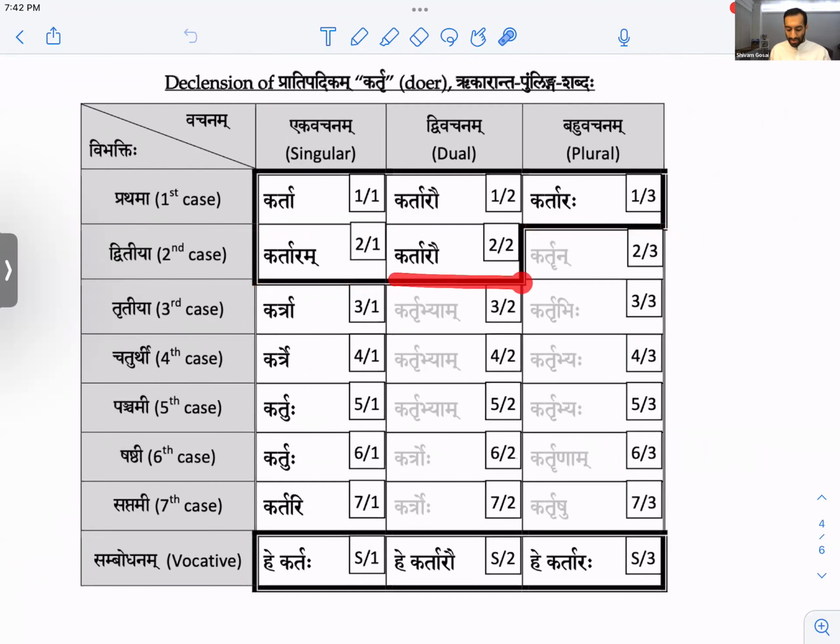Gantaram, Gantaro, Gantrun, Gantra, Gantrabhyam, Gantrabhi, Gantre, Gantrabhyam, Gantrabhyaha, Gantuhu, Gantrabhyam, Gantrabhyaha, Gantuhu, Gantroho, Gantrnam, Gantari, Gantroho, Gantrishu, He Gantaha, He Gantaro, He Gantaraha.